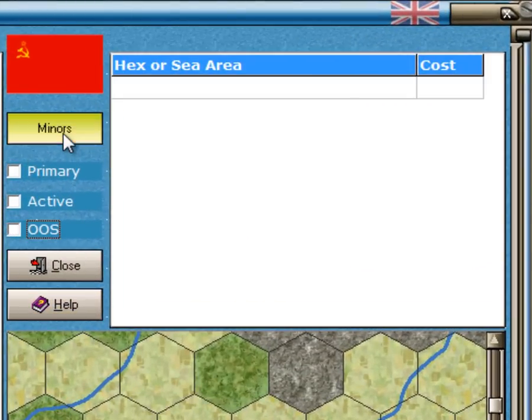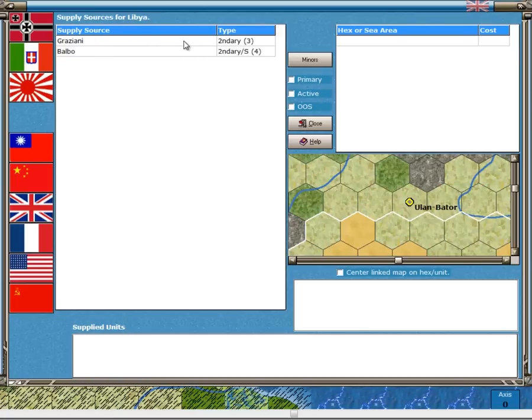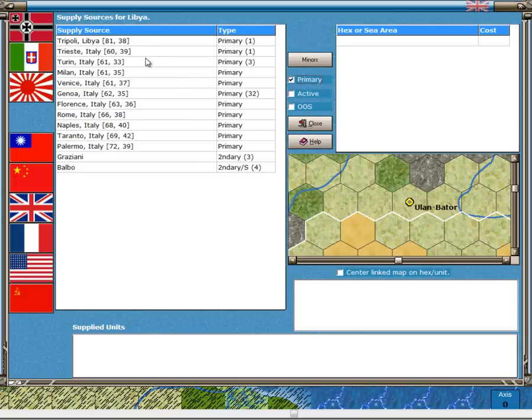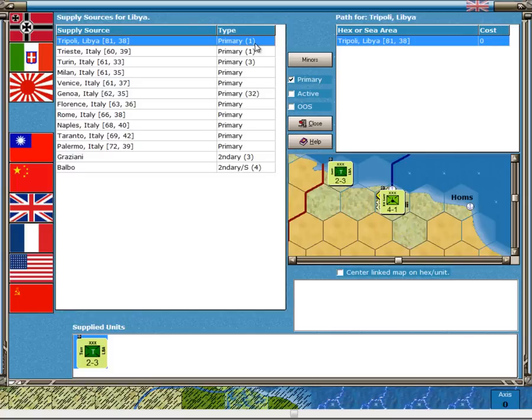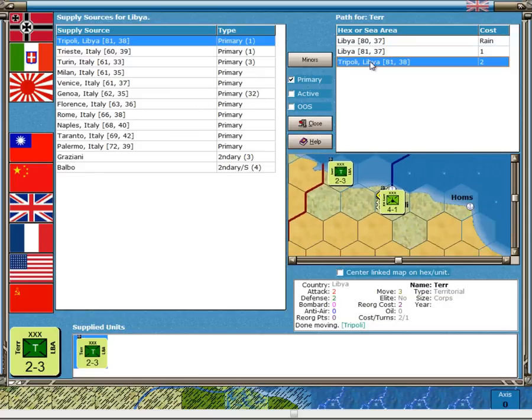You're also able to look at minor countries, and if we go out here and check, say, Libya, what we'll see are the primary supply sources for Libya. It's aligned to Italy, so it has all the Italian supply sources available. But in addition, the capital of Libya, Tripoli, is also available as a primary supply source for Libyan units. And there is a Libyan unit that is using that supply. It's this one here, and you can trace the individual unit supply. He's on the border of Tunisia, and he just traces 2 hexes to Tripoli. This form is useful for keeping track of where your units are in and out of supply, and also those